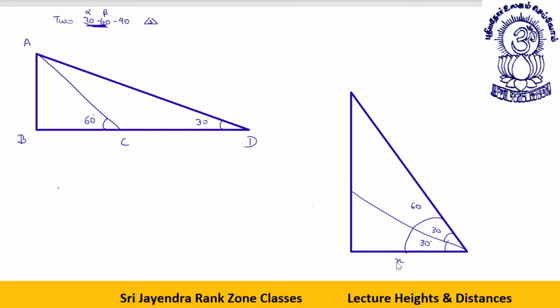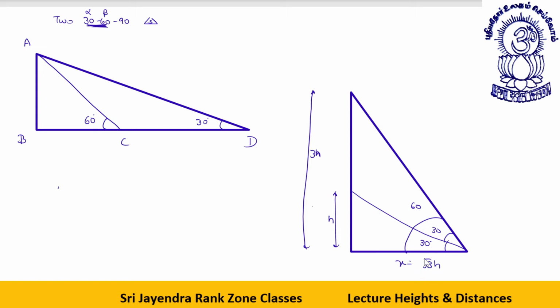Okay. Now what will happen, dear students? I told you one small thing. What was that one small thing? If these are complementary angles, then this will be under root of the product of these. But now we come with the extension. See, if this common part, I don't want to take it x, I take it as h right now. If I take this as h, this portion will be h, this portion will be 3h, and this x will be equal to the under root of these two, that will be root 3h.